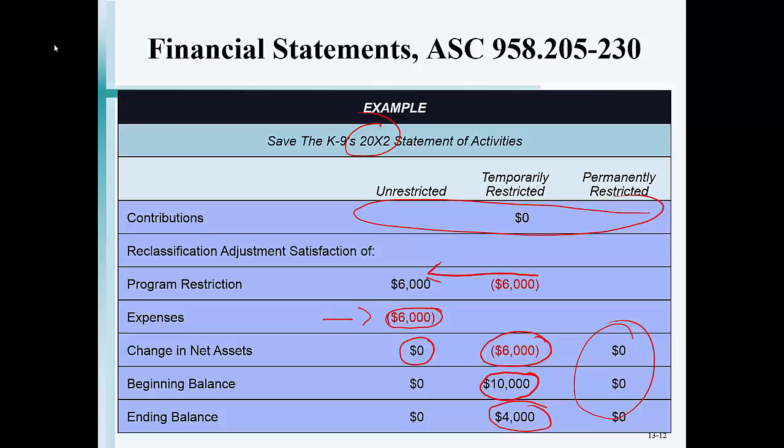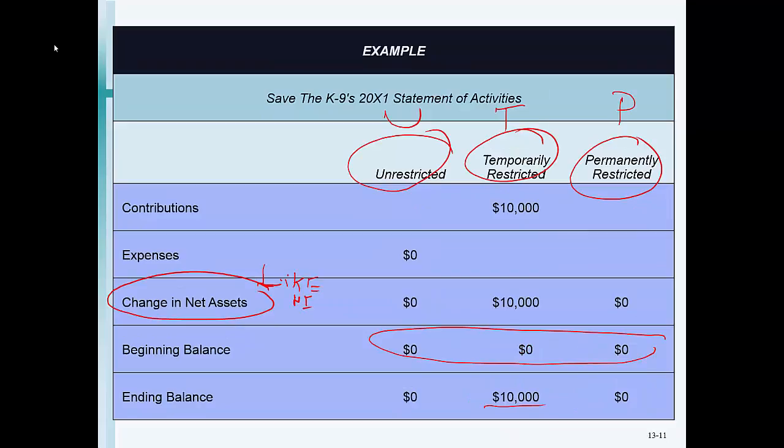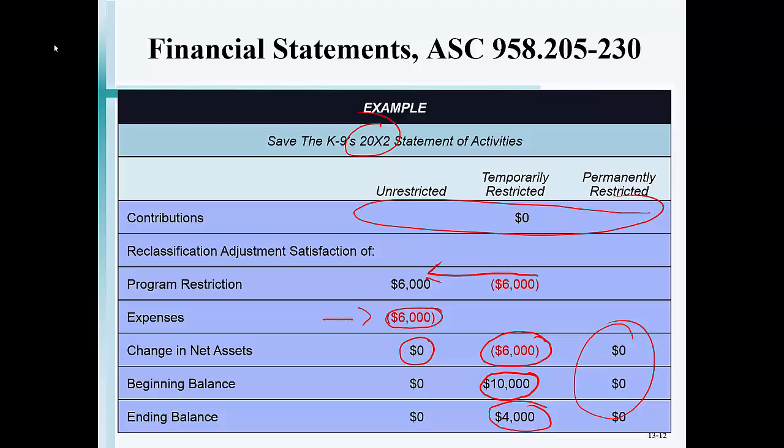Now, because we began the year with a what? $10,000 balance in our temporary restricted, that was what? Last year's ending balance, right? Last year's ending balance becomes this year's beginning balance. Now our ending balance in our temporary restricted is what? $4,000. Okay? Now, it's important that you understand the mechanics of the statement of activities, and you're going to see